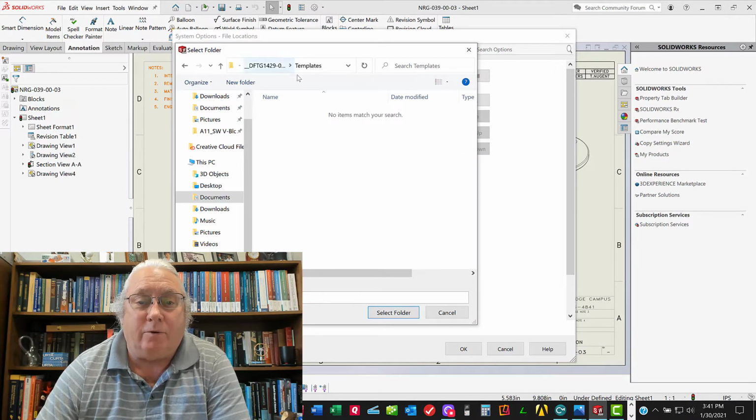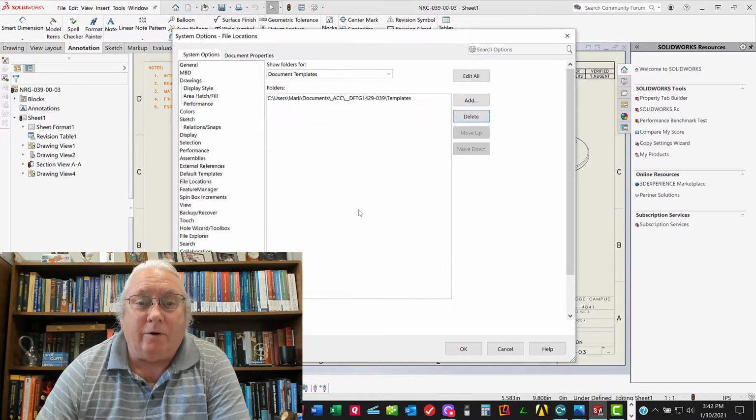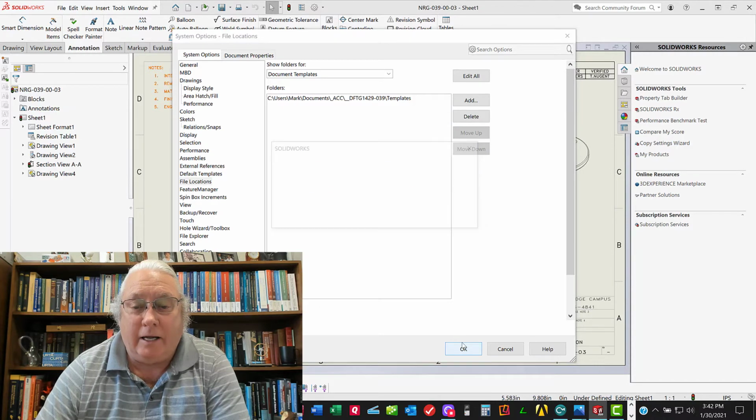And here is the folder right here, I believe. Yep. You don't select the files, you just select the folder and say Select Folder. Now that folder is in the options, and that'll always go there when you ask for a new drawing, a new part or a new assembly. Once that's in there, say OK, and it'll ask you if you want to approve it. Say yes, and say yes again. Then you can say OK,